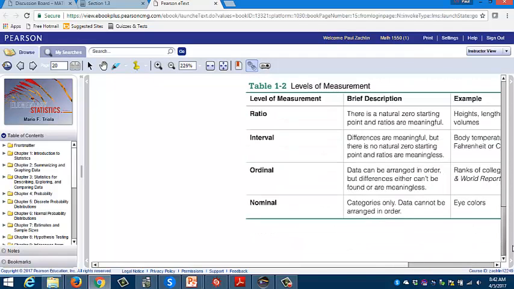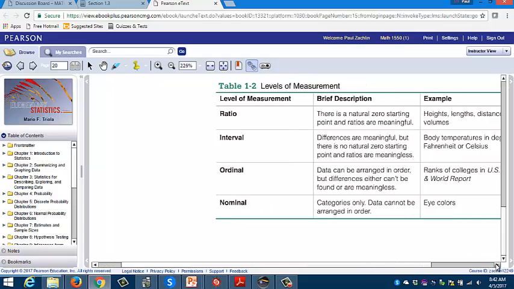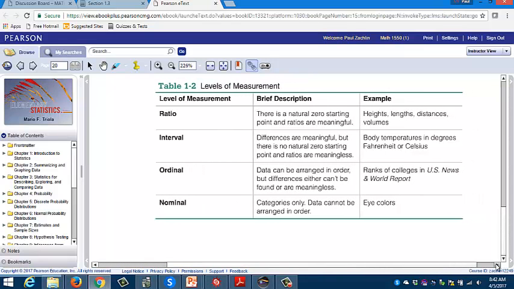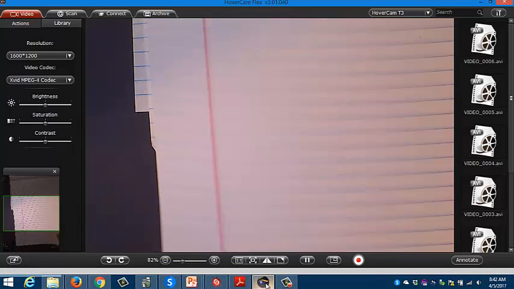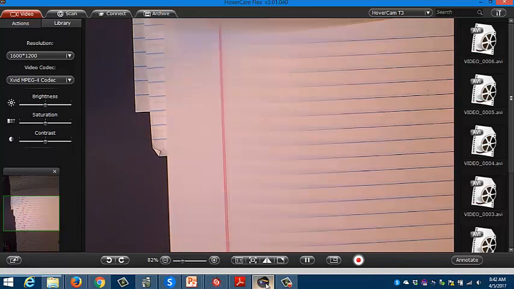So, if we look at this chart, here are the 4 levels of measurement, right? Nominal, ordinal, interval, and ratio. They put them in this order. They say ratio is the highest level of measurement. Okay? I'll put them in our notes the other direction, but I kind of like how they do this. So when we start talking about levels of measurement,